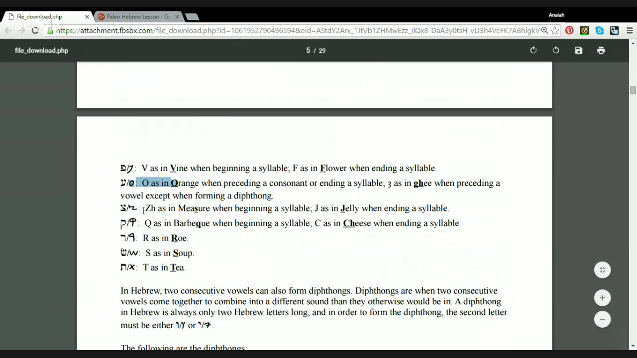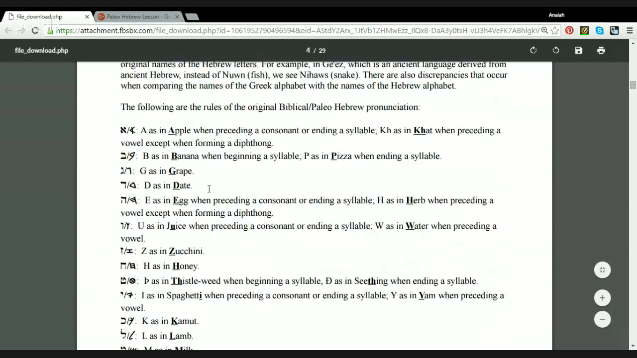They all go similar. So ZH as in measure when beginning a syllable. J as in jelly when ending a syllable. Q as in barbecue when beginning a syllable. C as in cheese when ending a syllable. R as in row, S as in suit, T as in tea. Now, something I want to show you interestingly is